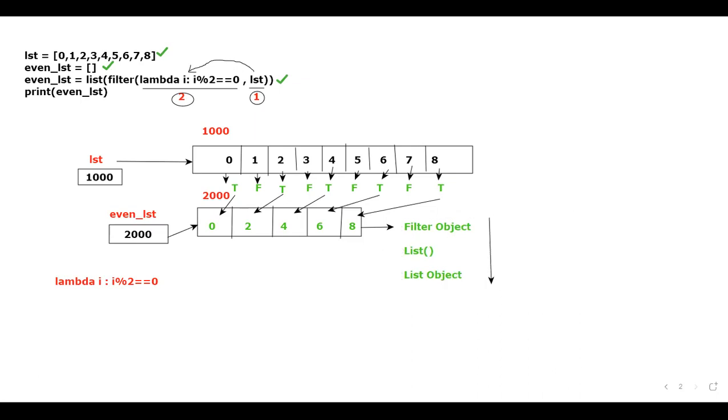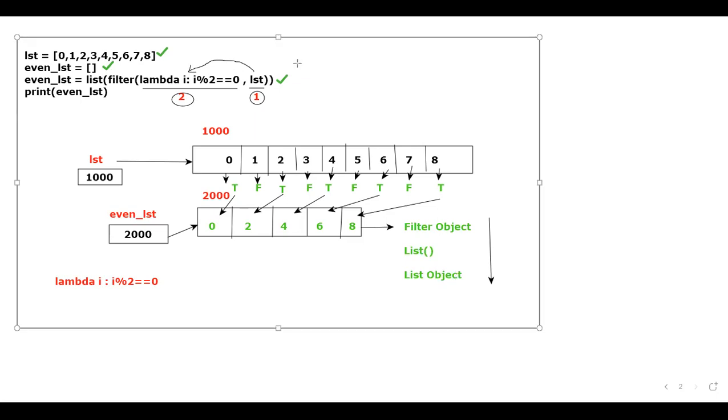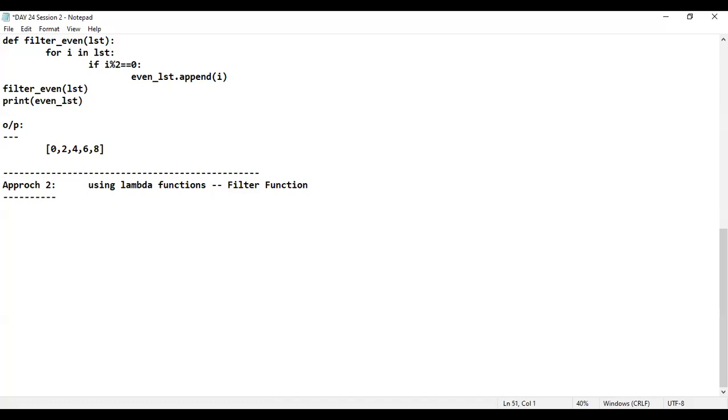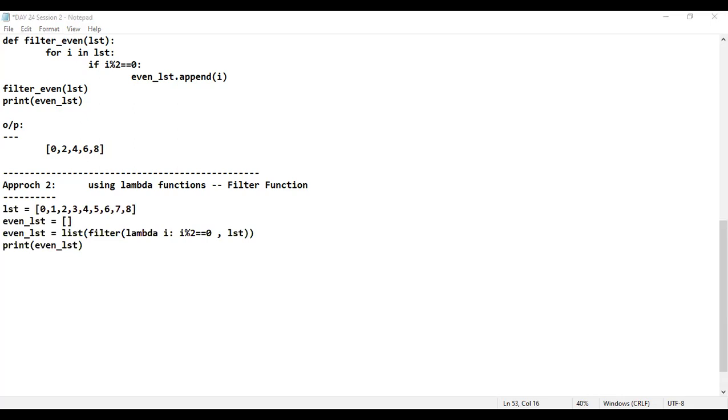Just take a screenshot of this diagram. If you want, you can take the complete program. If not, you can just take the screenshot of this diagram number 1, D1 I will call it. Okay, hope that you have taken the screenshot of D1. Next, let me share the notes. Approach number 2 using lambda function. Copy this, come back to the notes, paste it along with the output. And you people should write diagram number 1.